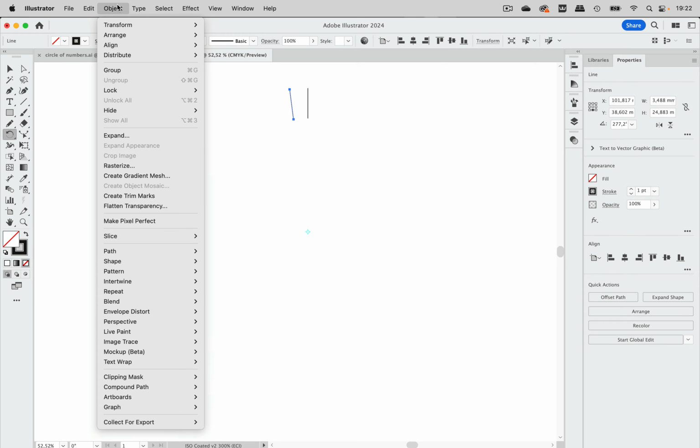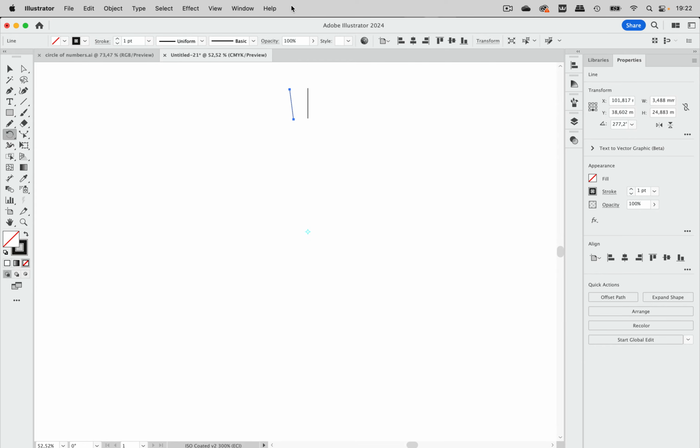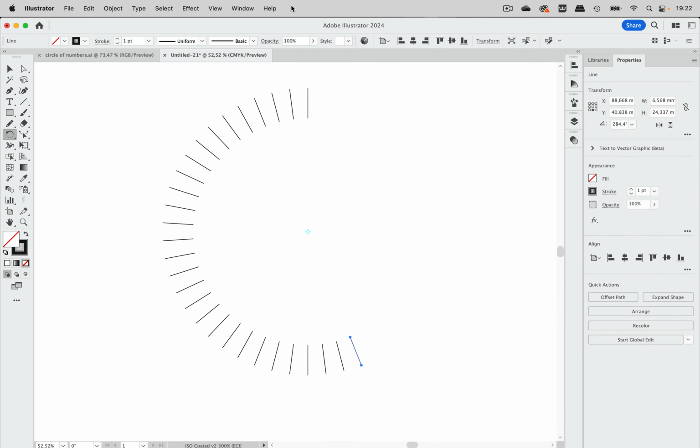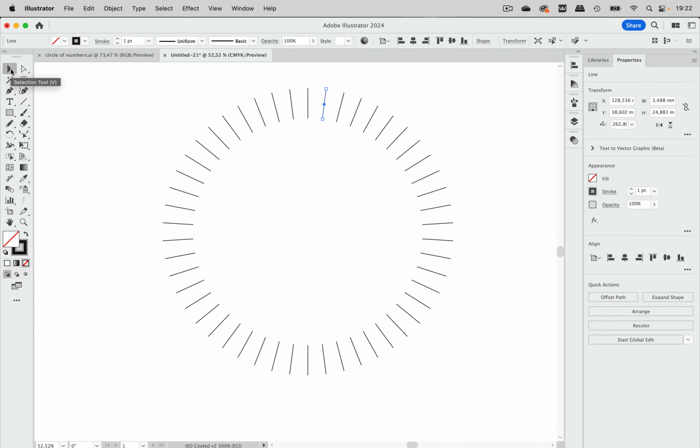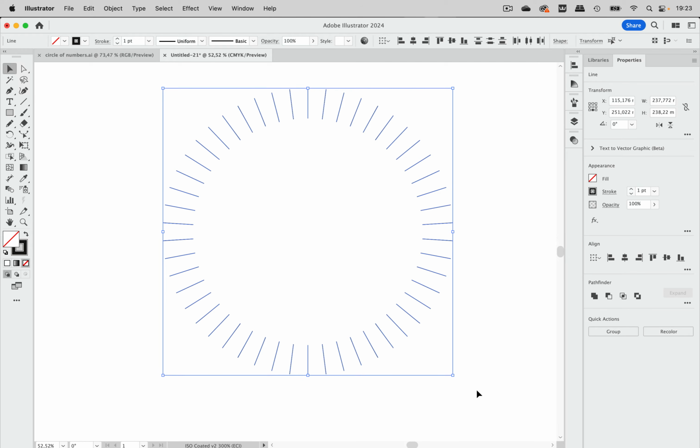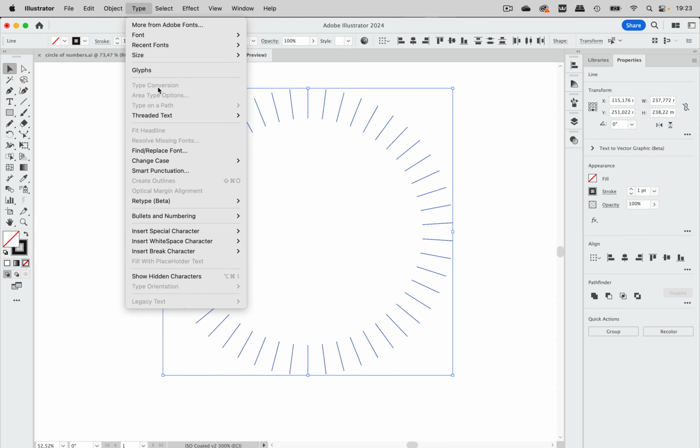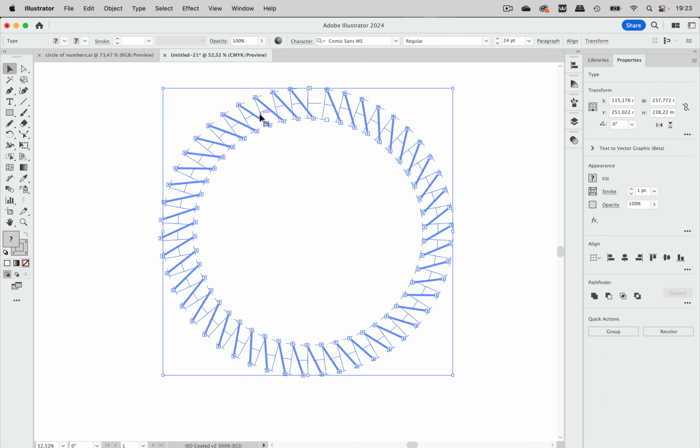So what we are going to use is Object, Transform, Transform Again, and we're going to use the shortcut key, of course, which is the D. So on the Mac, Command D, on Windows, Control D, and I'm just holding that down in order to get all those copies, and then we have them. So the next thing is we are going to select all of these and then